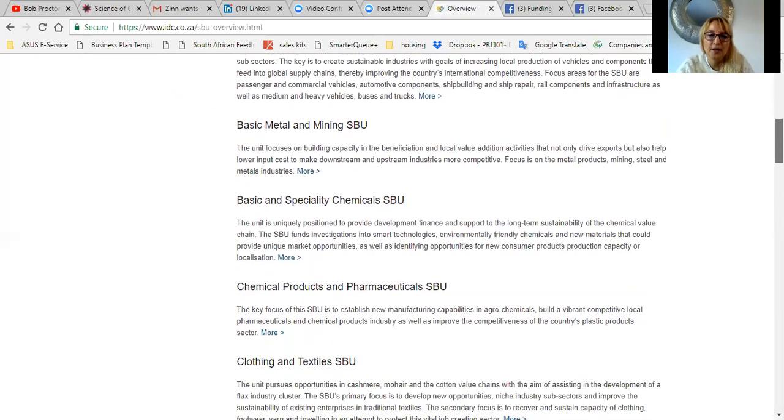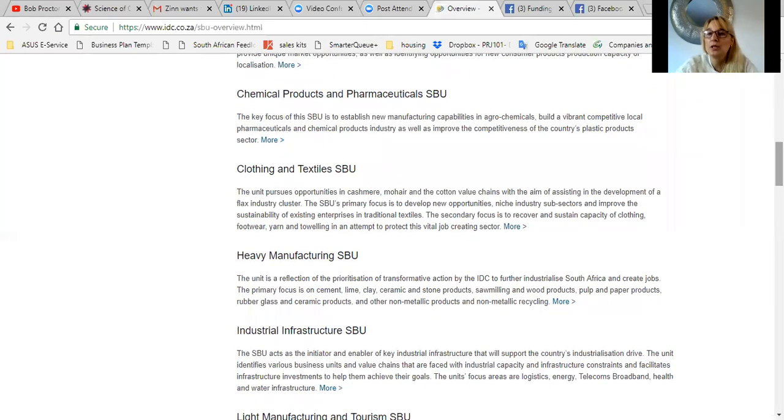So let me go further. Chemical products and pharmaceuticals. If you are in this area and you want to establish a new manufacturing plant, then this unit is the right unit for you. They also want to improve the competitiveness of plastic products, so the manufacturing of plastic products. Okay. IDC also offers a clothing and textile unit, and they are concentrating at the moment